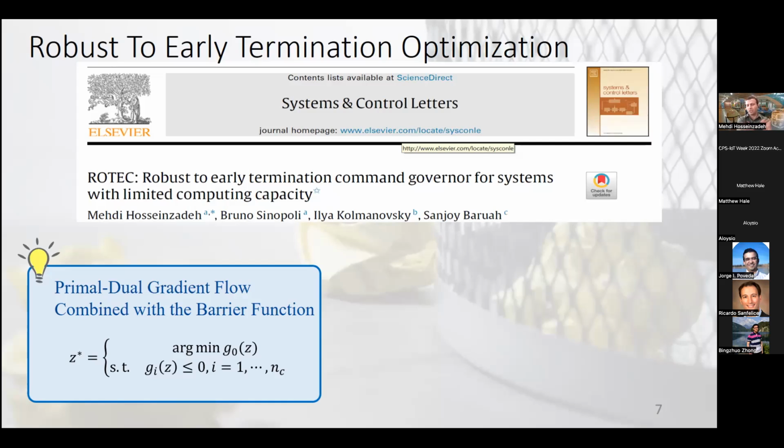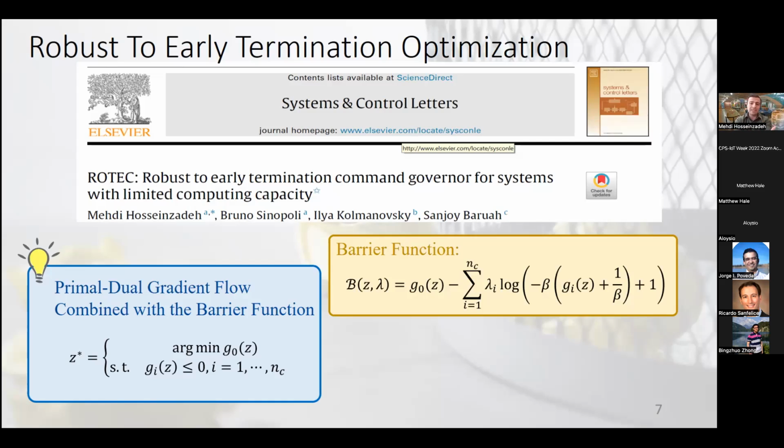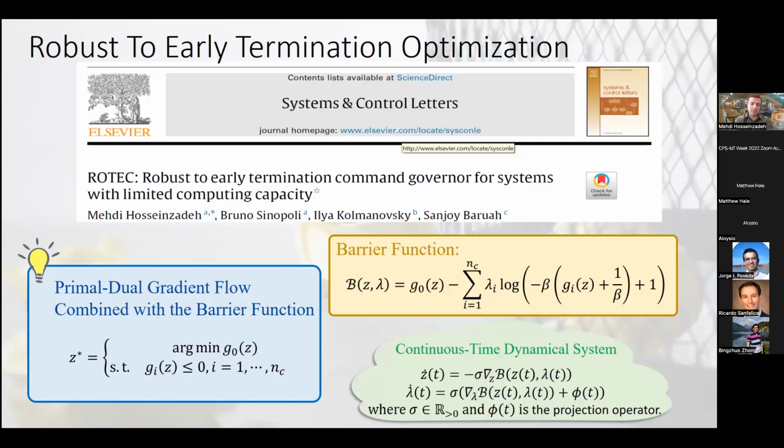So we have an optimization problem in this form. We use this barrier function. As you can see, it's not the standard barrier function. It is kind of modified. We tighten the constraints by 1 over beta, and we will see later why we do that. And then based on this barrier function, we use the primal dual gradient flow, and we end up with this